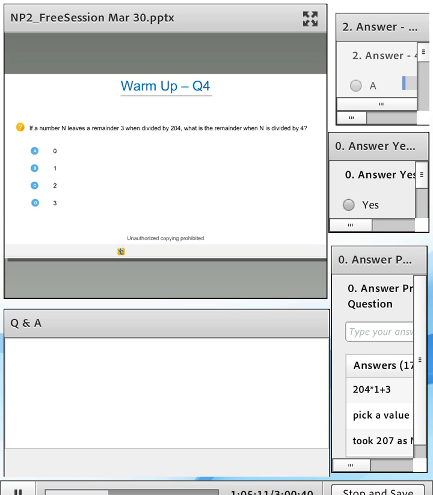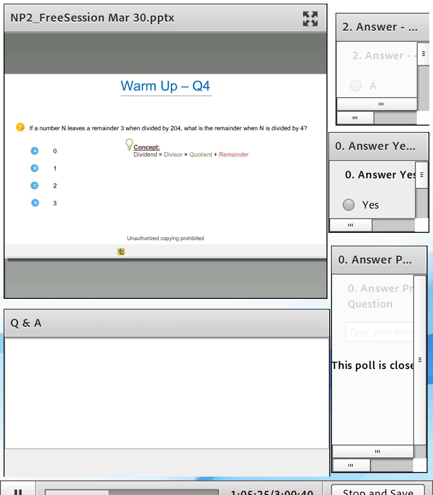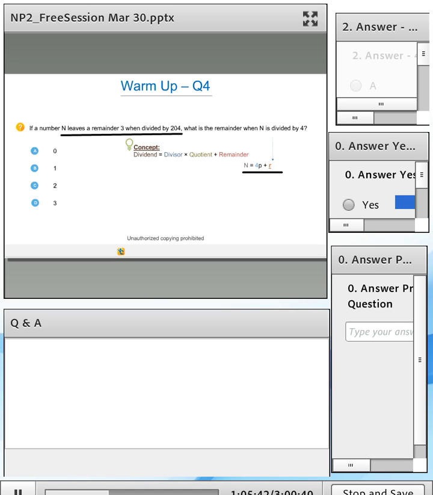Okay, so let me walk you through this. The simple concept over here is dividend is equal to divisor into quotient plus remainder. Everyone knows this concept? Yes, no? Click on yes here if you know this concept really well. Good. So we're going to work on this concept. Now, if we have to apply this concept on this part of the equation, what are we going to get? First let's apply it here. We have to find the remainder when n is divided by 4, which means if we apply this concept here, we get n is equal to 4p plus r. Everyone okay so far? Yes, no?